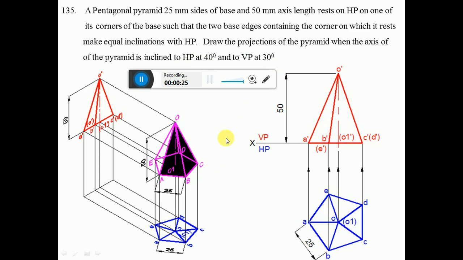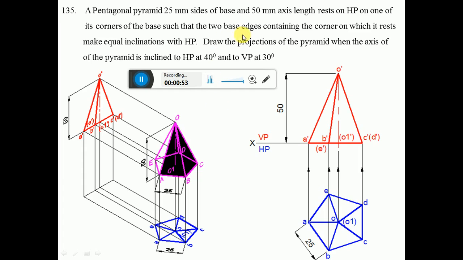Now here, since it is resting on HP, obviously we have to start the problem from HP. And since it is resting on one of its corners of the base, whether it is resting on a corner or the base, always the base edge has to be perpendicular to VP. So we are considering perpendicular to VP, and all the edges are resting on HP, therefore it is parallel to HP. So when you look from the top view, I can see a pentagon of 25 mm sides, and